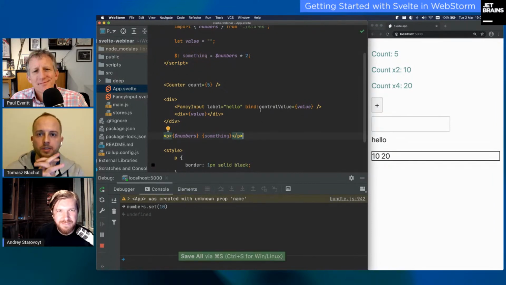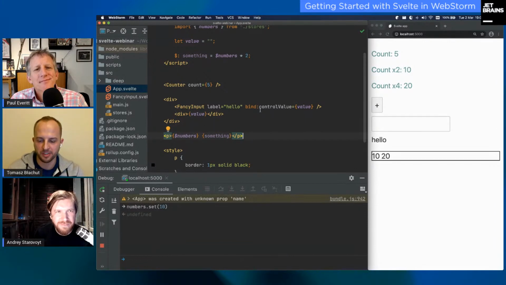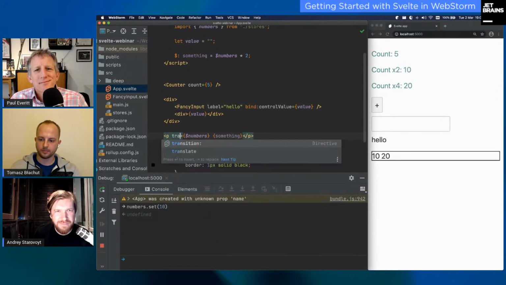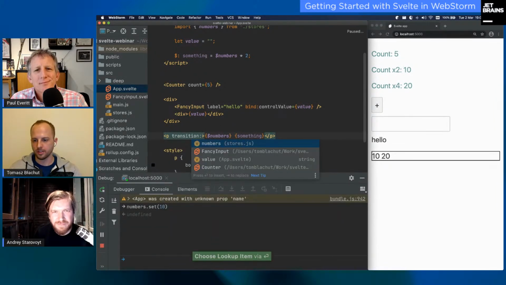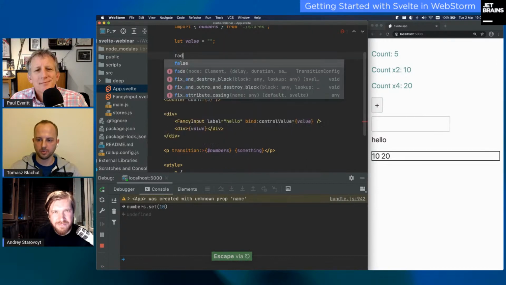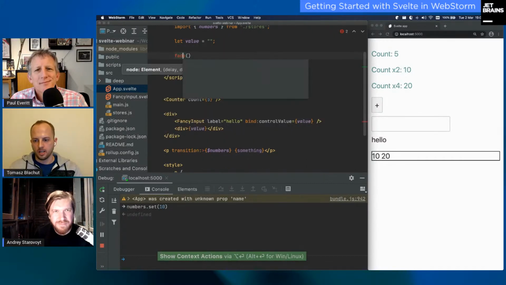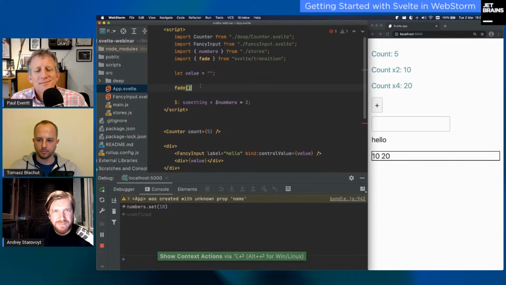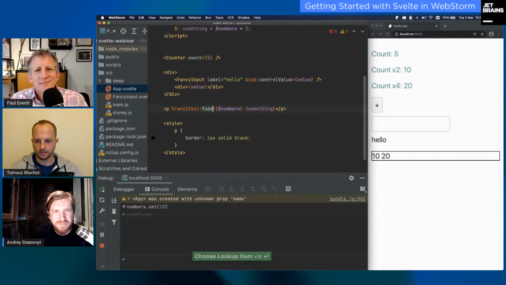There are also animations included in Svelte. This is really neat. Works in a similar way to bind directives and on directives. You add a transition and import that from the package, and